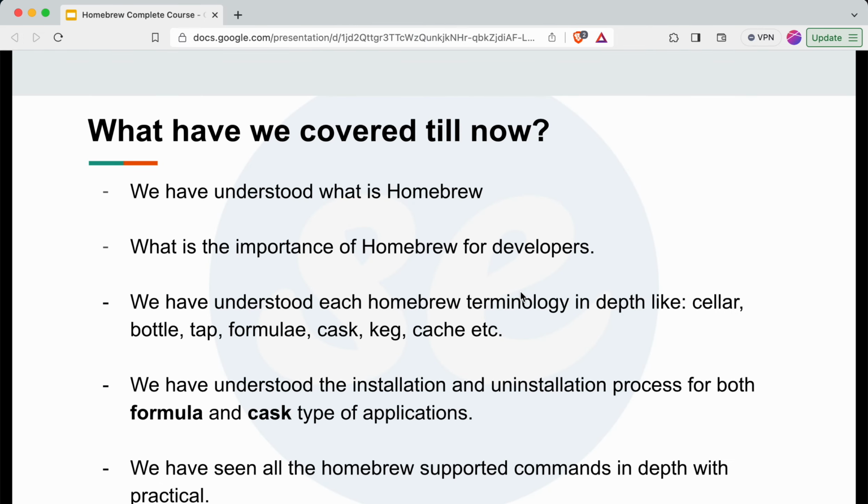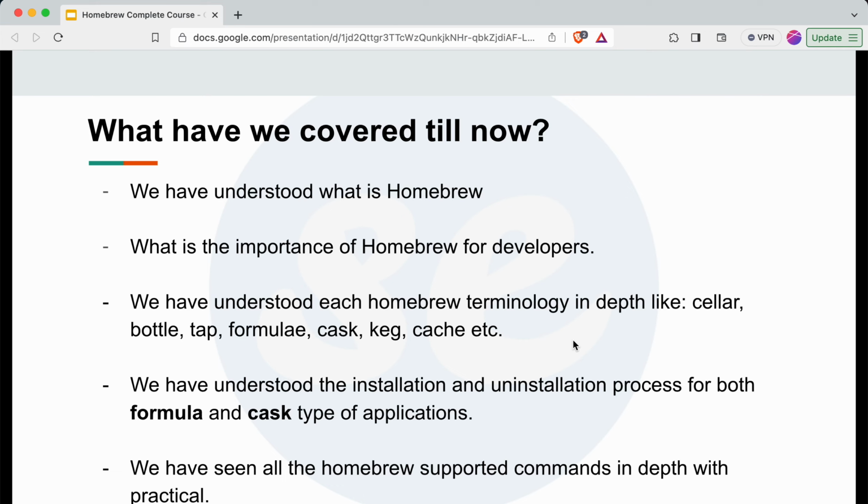Before going into detail, I would like to summarize what we have covered till now in this course. We have understood what Homebrew is and the importance of Homebrew for developers. Then we understood each and every Homebrew terminology in depth, and we did the practicals around those. Then we understood the difference between formula and cask in detail with the practical, and we also installed both types of applications.